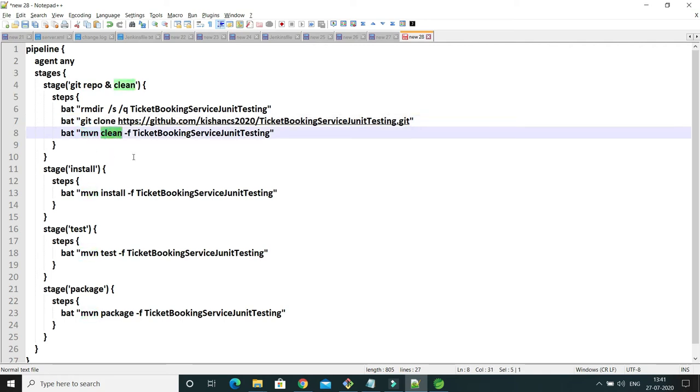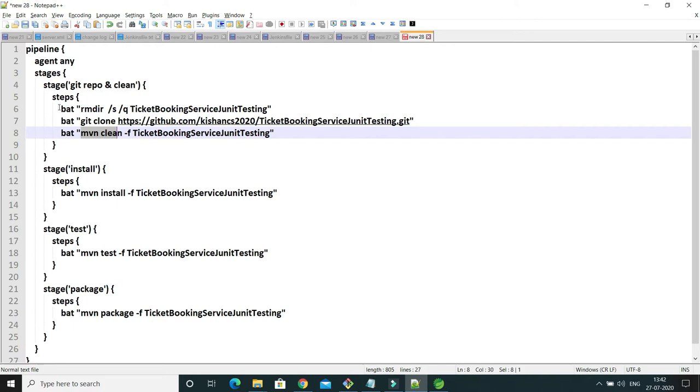It does a clean operation, and here you have to specify the flag -f and give the relative name of your project. You don't need to specify the entire path, but the relative name of your project. If some previous build happened and your distributable file was generated, then this is going to delete it, right?